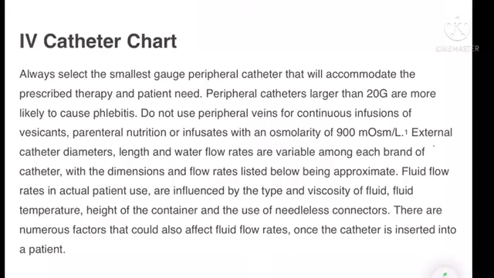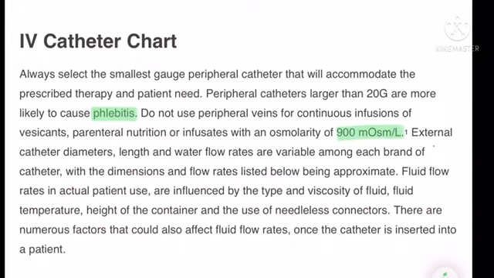Today we are going to talk about the IV cannulas, their diameters, length and flow rate and the uses. So, IV catheter chart. Always select the smallest gauge peripheral catheter that will accommodate the prescribed therapy and patient's need. Peripheral catheters larger than 20 gauge are more likely to cause phlebitis. Do not use peripheral vein for continuous infusion of the vesicants, parenteral nutrition or infusates with an osmolarity of 900